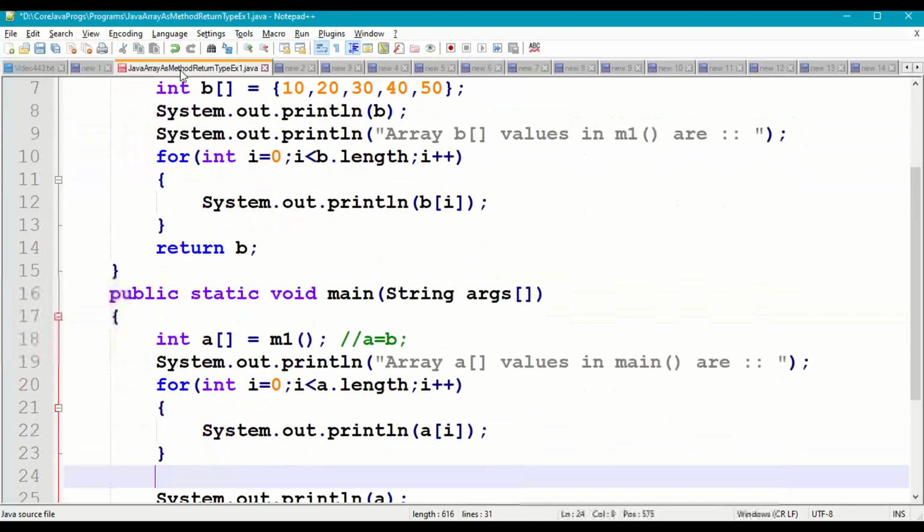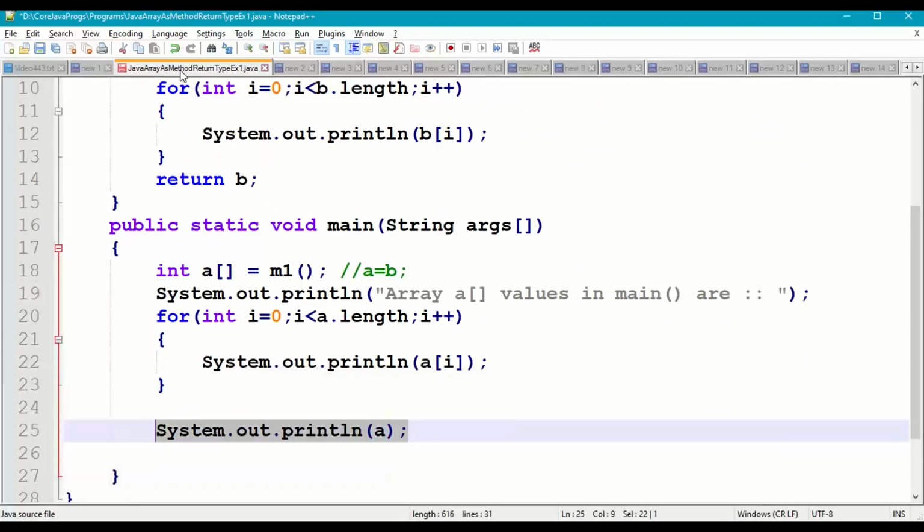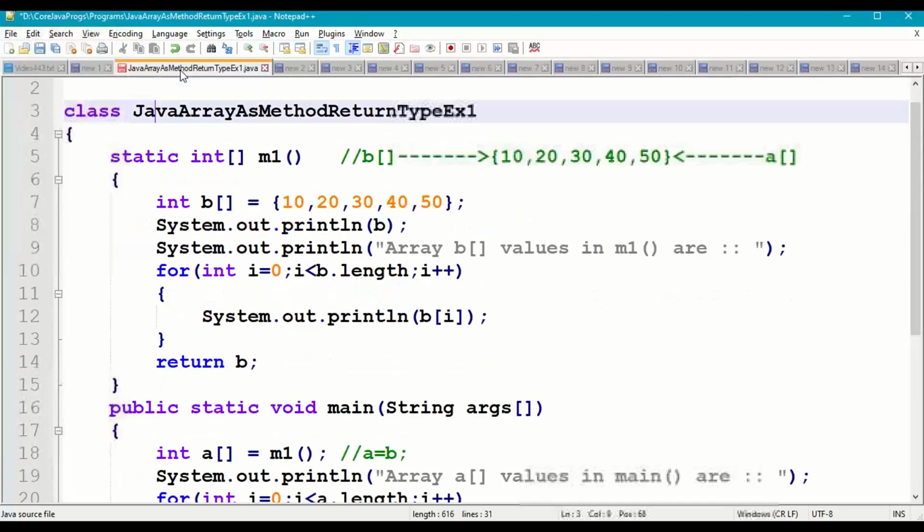And finally, when you print array a using the println method, it will print the same reference code which is created and available for array b.